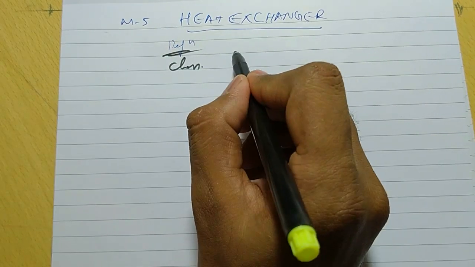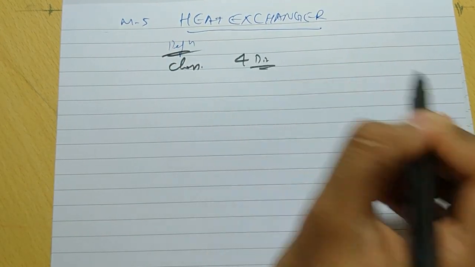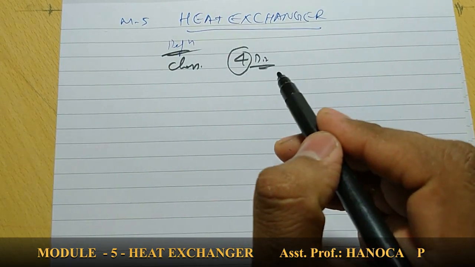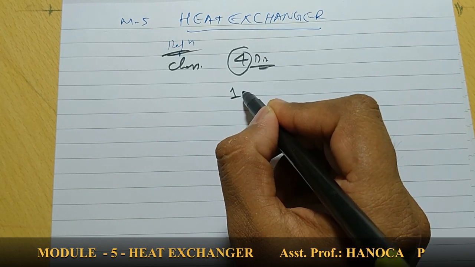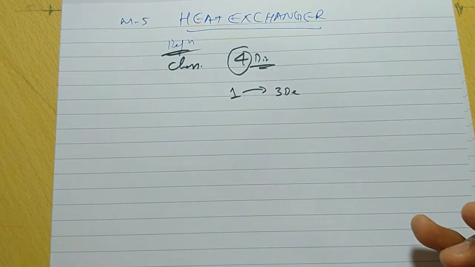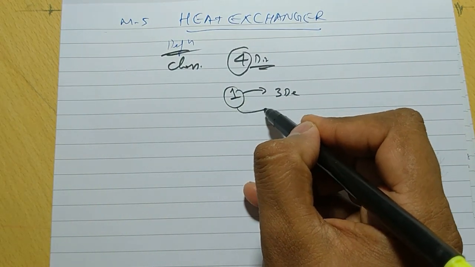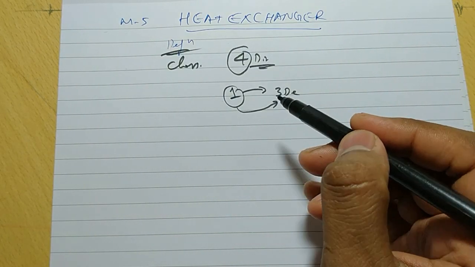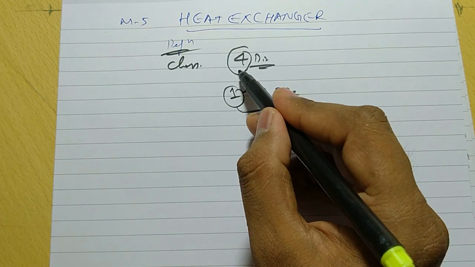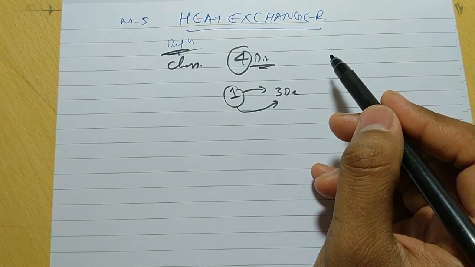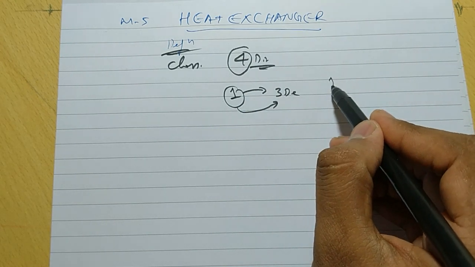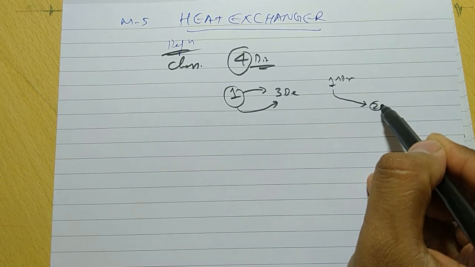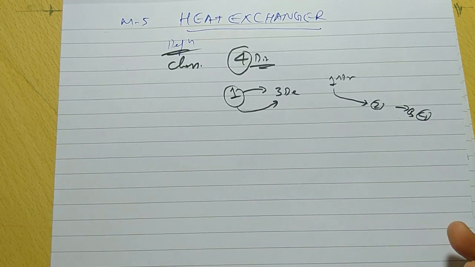In the heat exchanger there are four derivations. Try to understand, totally four derivations will be there in the heat exchanger. If you learn one derivation, the remaining three derivations are one and the same thing; they can be solved automatically. In the examination, one of the derivations is the common question in all examinations. Keep it in mind, the first derivation I am doing right now will be helpful for doing the second, the third, and the fourth one.